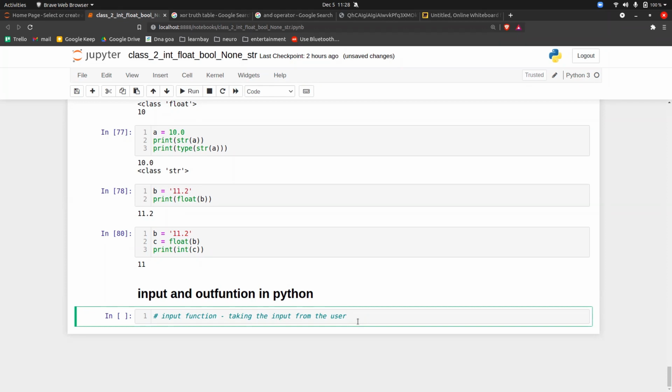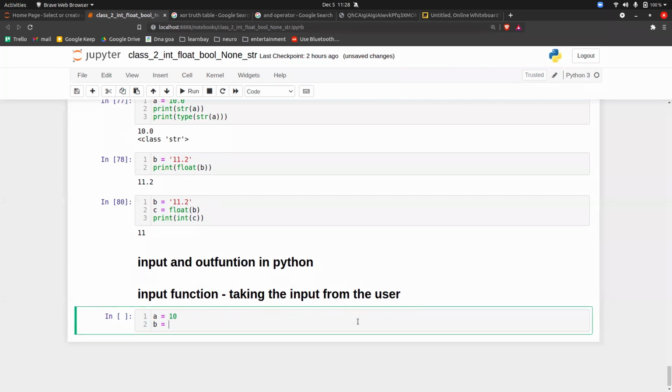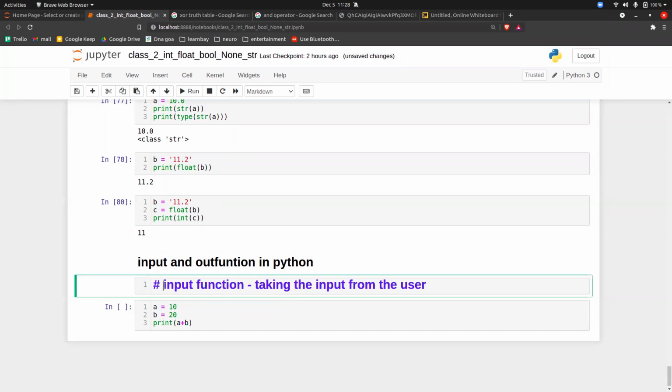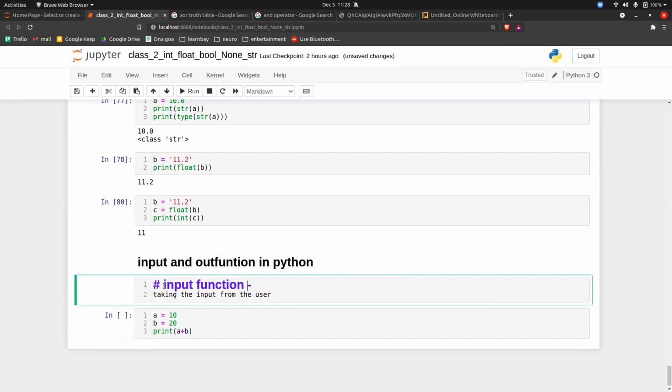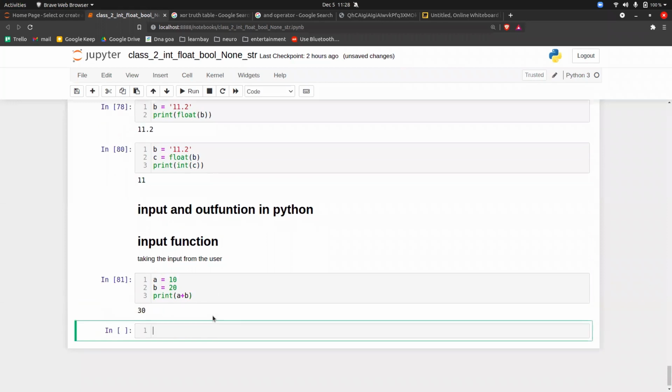Let's take an example. Suppose A is equal to 10 and B is equal to 20. If you do print A plus B, the answer will be 30.